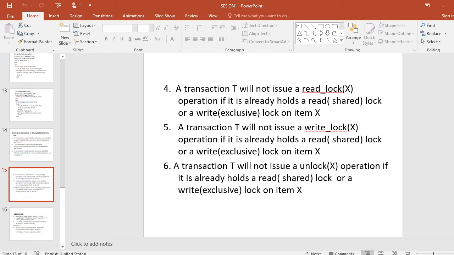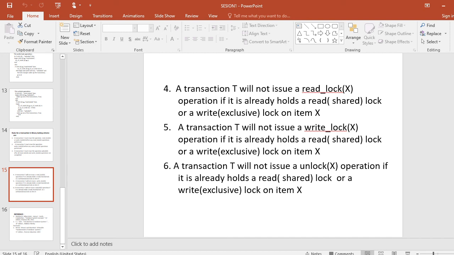And individually read lock X operations, write lock operations and unlock operations for shared exclusive locks can be easily understood. Some rules for the system to enforce while using shared exclusive locking systems. There are 6 points we have already explained in this session. Lastly, conversion of locks, we also have some idea about this.